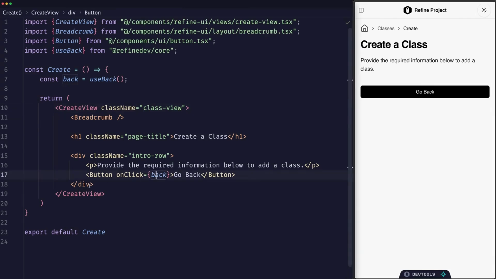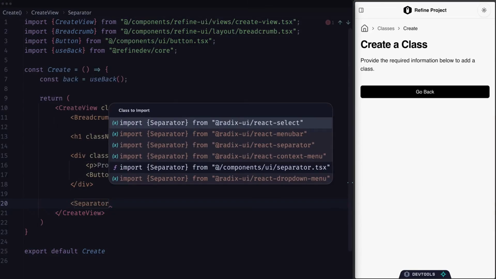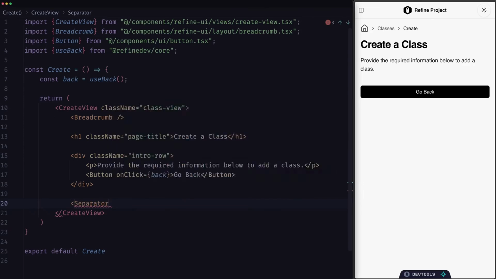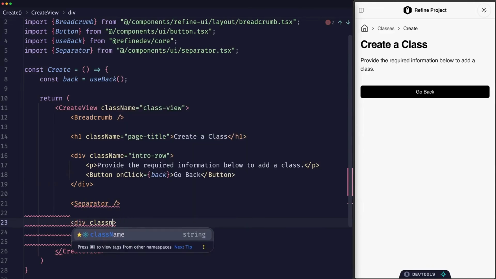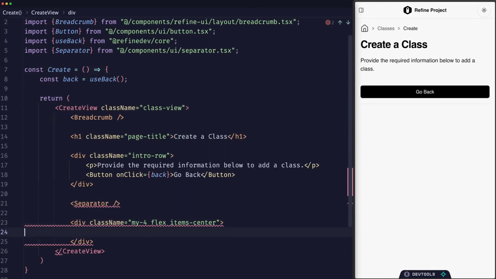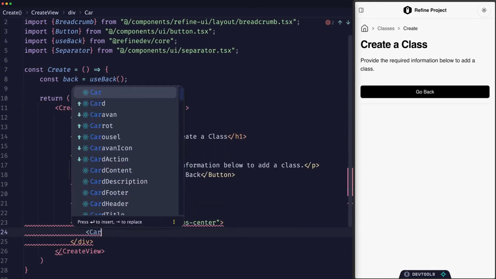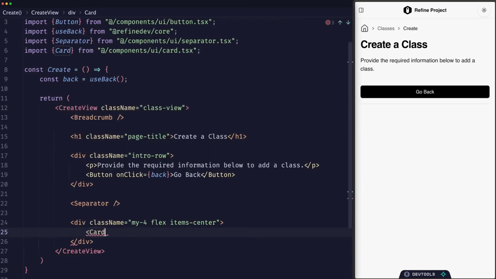Now we can head below this div that's wrapping the button and create a separator coming from components UI separator. Below it, another div that'll have a class name set to my-4, flex, and items-center, and within it, we want to render a new card component. Not a car, but a card. This card will be coming from UI card. It'll have a class name set to